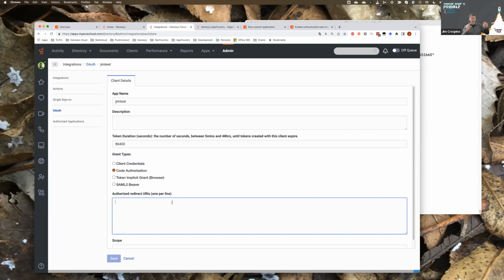So it has to match. If you're coming from a specific page or a specific path, if that's what you passed in, it's got to match here, and Genesys has to be able to get back to that as a result. So, Dan, I hope that answered that. If not, put something in the developer forum, and we'll clarify that a little more for you.